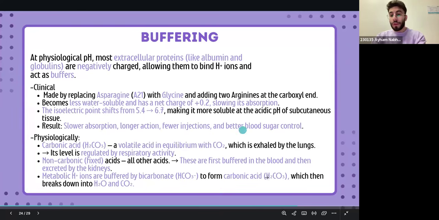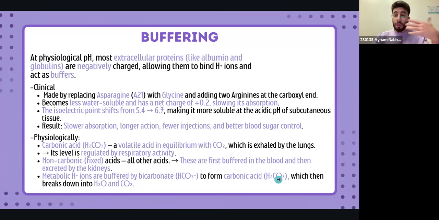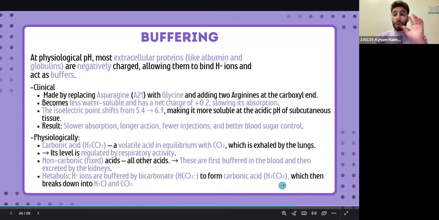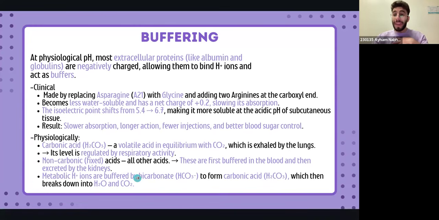This structure would be converted to this structure, which is carbonic acid. Then in our normal physiological and functional processes, the carbonic acid would be broken down into two compounds, water and carbon dioxide, to keep our body safe,